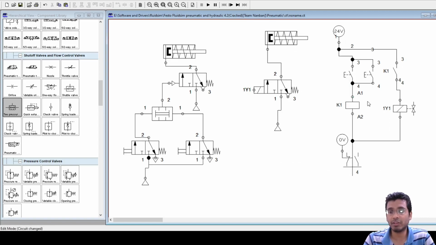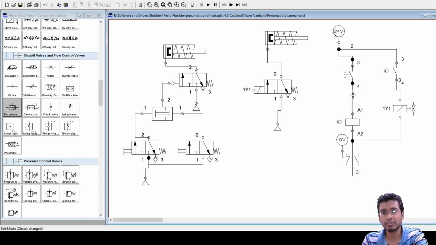Suddenly the same operation, if I want to execute it using an AND logic, then what do I have to do? Do I have to make any cost or any changes to this pneumatic section? No. So all your tubings and all those things, whether it runs for even a few hundred meters in the shop floor, will remain the same. What you are going to do is just change the placement of the switches, because these wirings are very easy. These are all standard procedures. So you are just going to remove this and place it in.